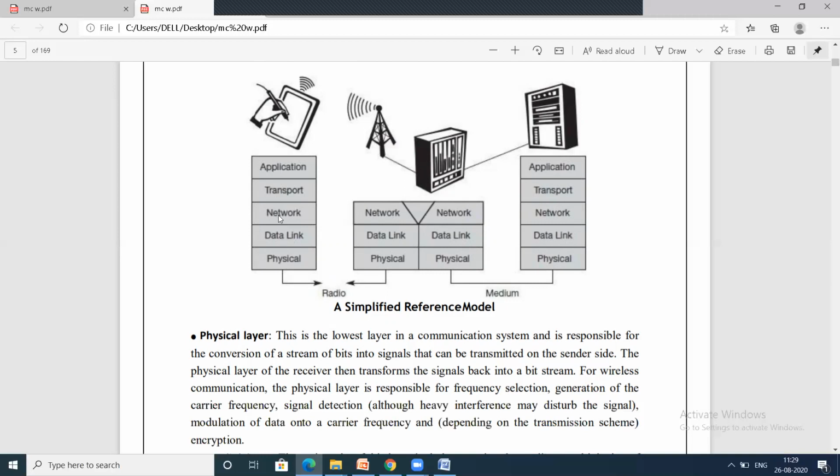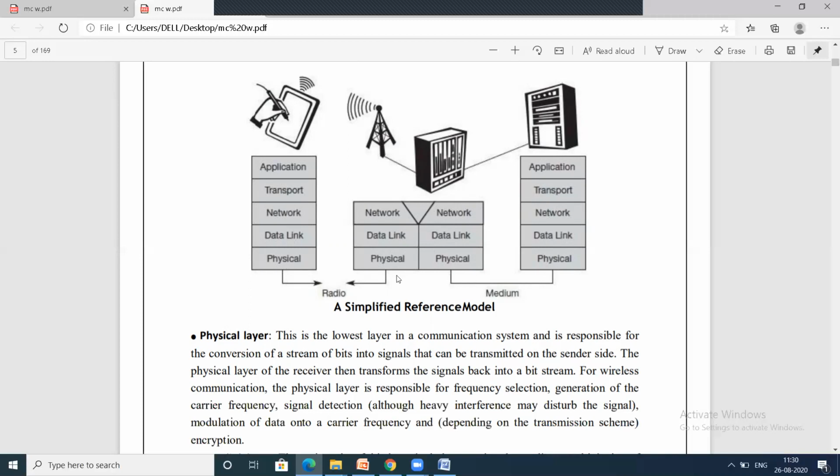That is nothing but a PDA, personal digital assistant. These are the several layers: physical, data link, network, transport, and application layers. And see here, these are the layers at this intermediate system, and these are the layers at the fixed system. You may assume it is a desktop system. You see here the medium between the desktop system and the intermediate system or modem. It is a physical communication.